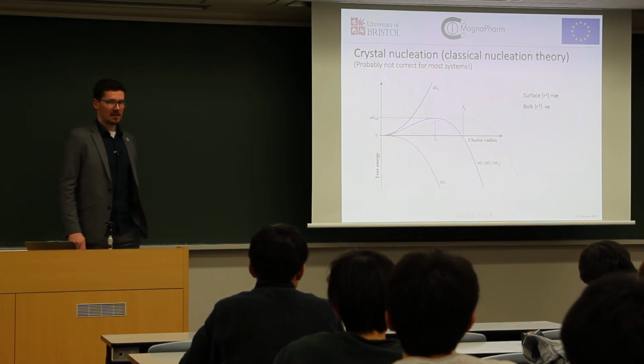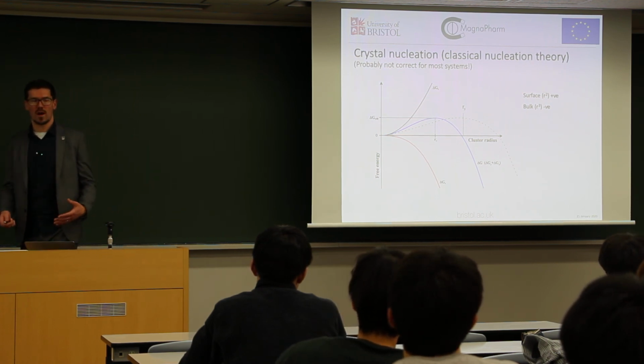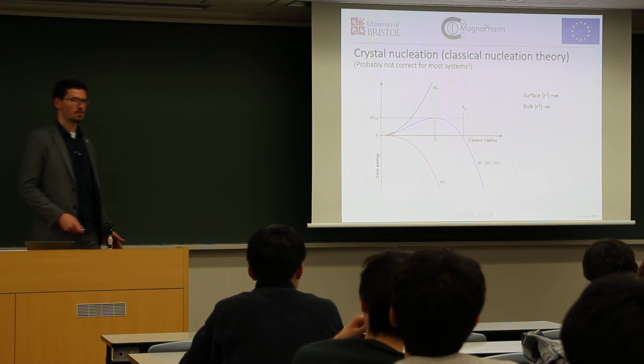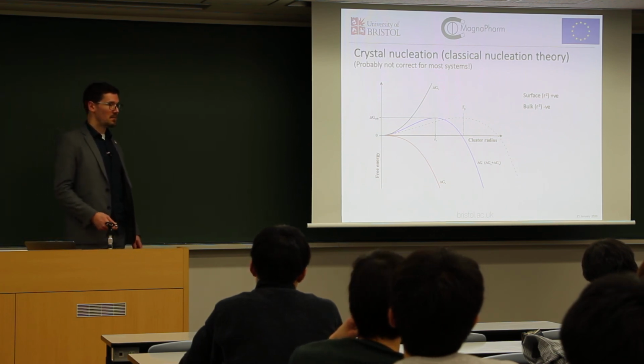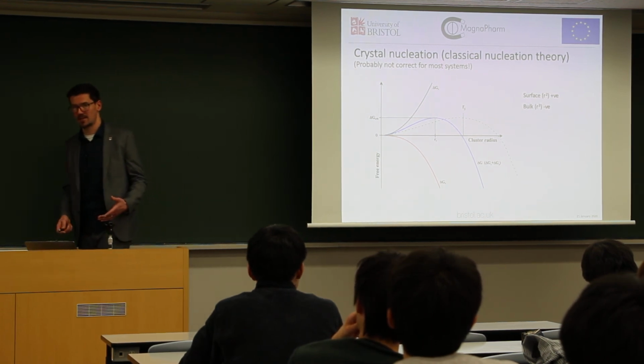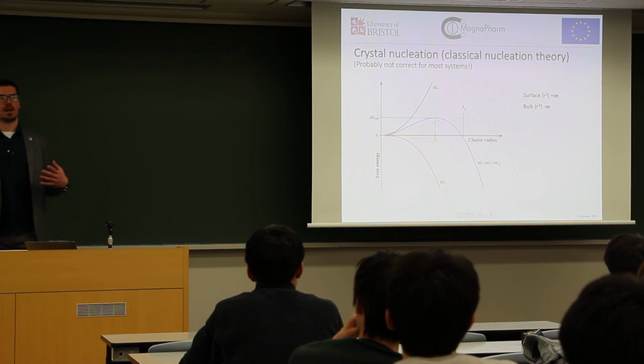Just a quick point on classical nucleation theory, where crystals come from, why they grow. This is just a very basic graph. It's actually based on the formation of water droplets, so there are a lot of assumptions in classical nucleation theory, and for most systems it seems like this is not actually